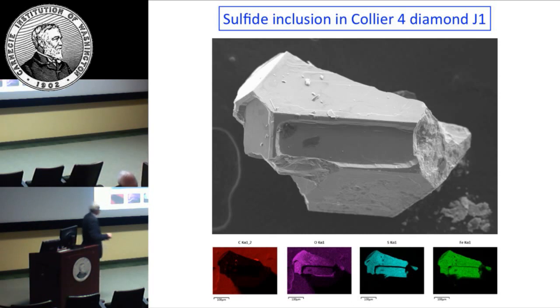Karen went over and put it on the SEM, and here are the maps that are significant. So here's carbon on the actual film that we placed the grain on. Here's the sulfur and iron map, and lo and behold, there's oxygen in here. You shouldn't have oxygen in a sulfide, and this is oxygen in this particular grain. Well, I got all excited and thought we had some iron hydroxy sulfide, and could we have this